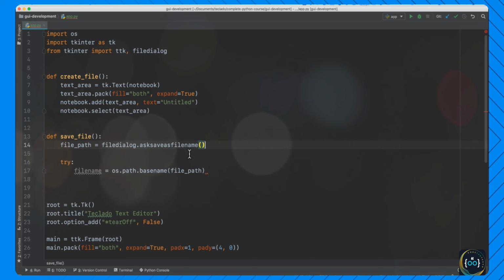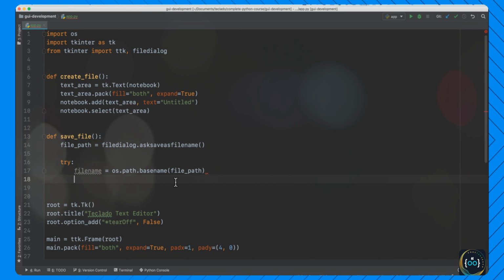So this is a great way of ensuring cross-platform compatibility. Next up, we're going to get the currently selected text widget. Remember that we can have multiple tabs in our system. So by selecting the current one, that is the one that we've just tried to save to our computer. So let's say that text widget is equal to